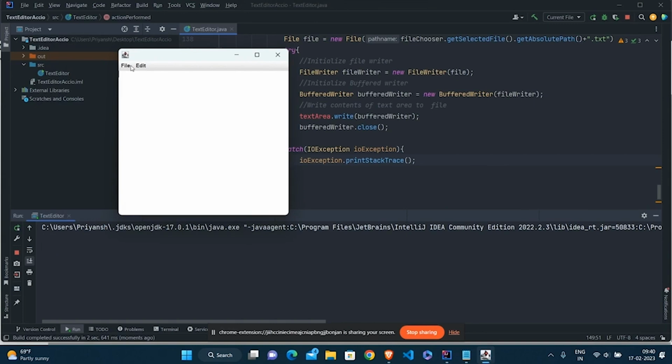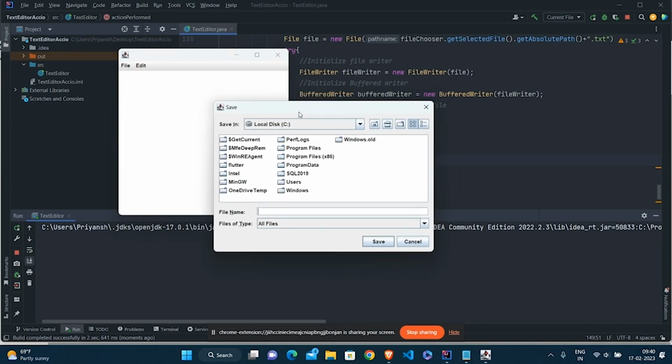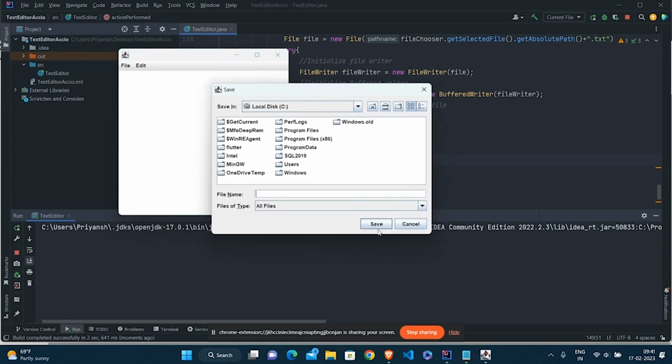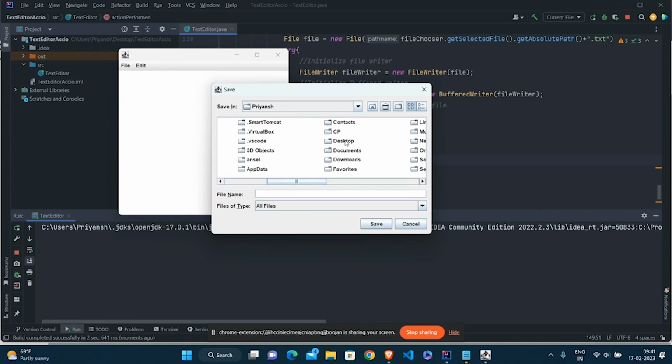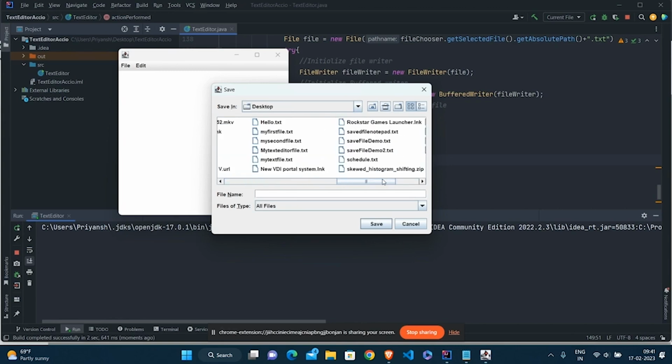Now, when I go to the file menu and select the save file menu item, it opens up a file picker. You can see that instead of an open button, there is a save button here because we have selected show save dialog. Now we have to select a path. Let's select the desktop, where I have to save a file.